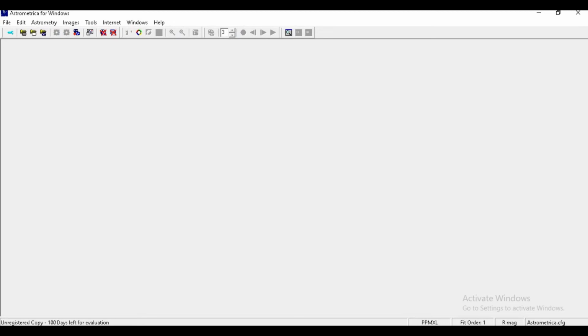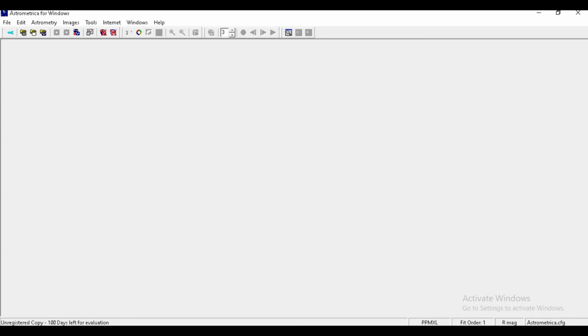Now we'll switch to part B of step 2, which is the configuration setting. To change the configuration, on the bottom right we'll see astrometrica.cfg. We need to manually change this configuration to the PS1 configuration.